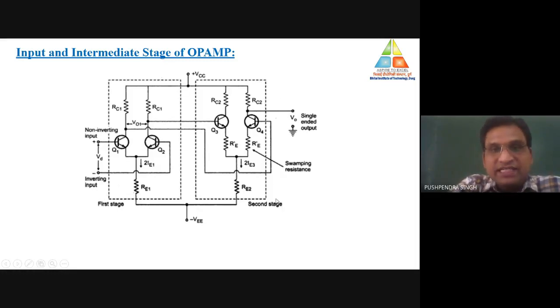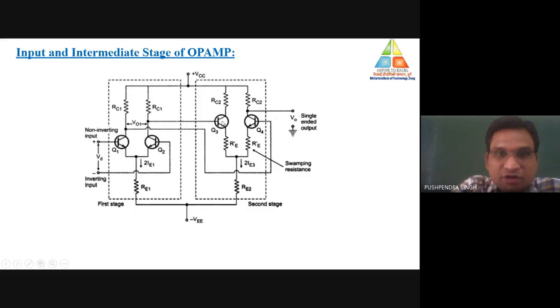Now what is the second stage? The second stage is a cascading of transistors, and which kind of amplifier are we using? It is basically a dual input, unbalanced output differential amplifier. The intermediate stage is what? Dual input, unbalanced output differential amplifier. The basic purpose of this stage is to provide the remaining part of the amplification which is needed for proper operation of IC 741.